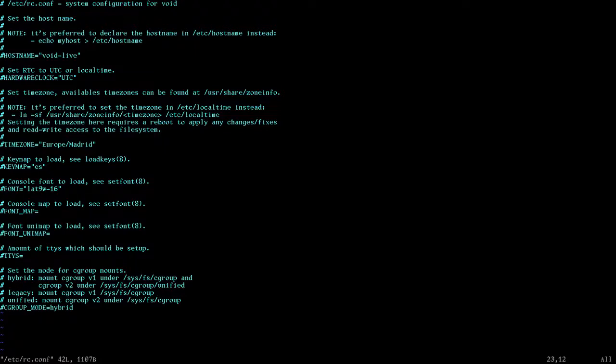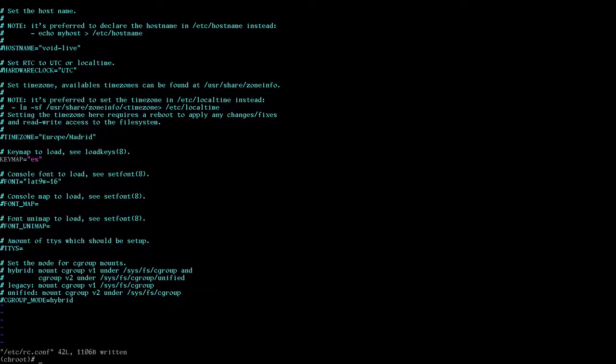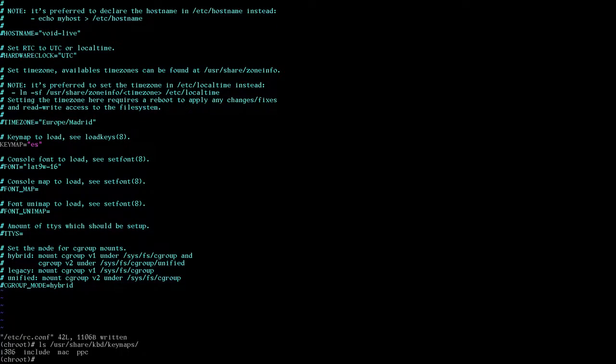Now your keymap. Your keymap by default, I believe it's en, just English. So what you can do is you can list /usr/share/kbd/keymaps